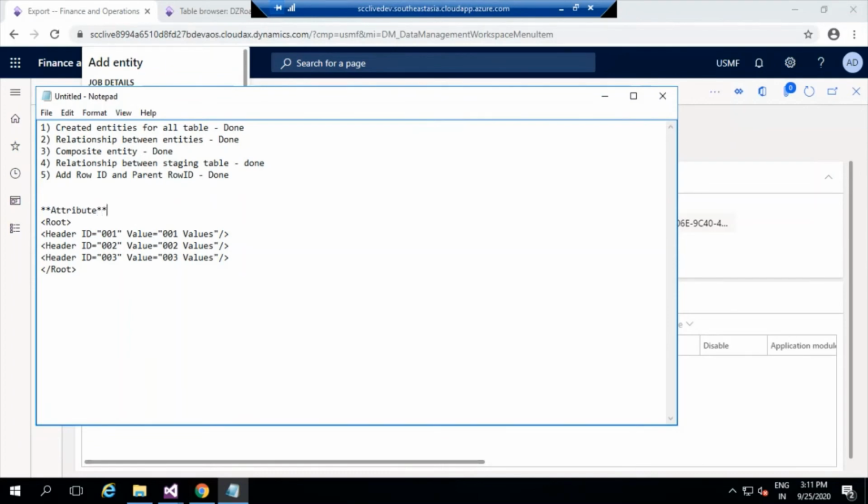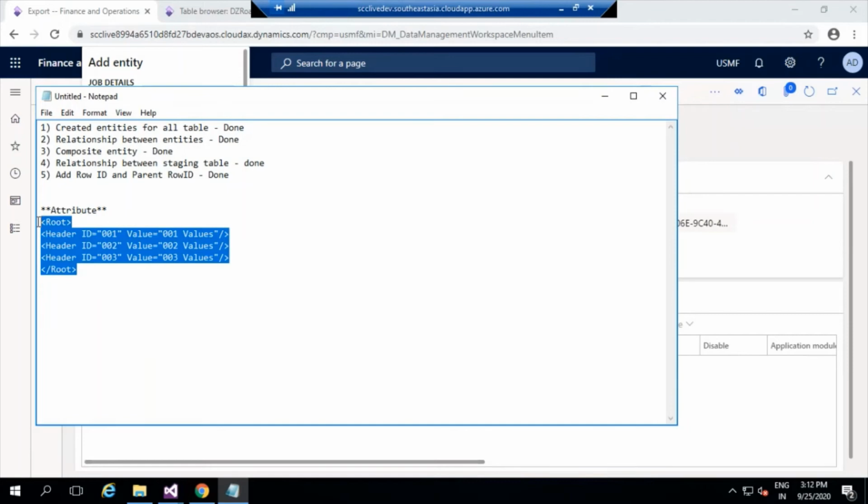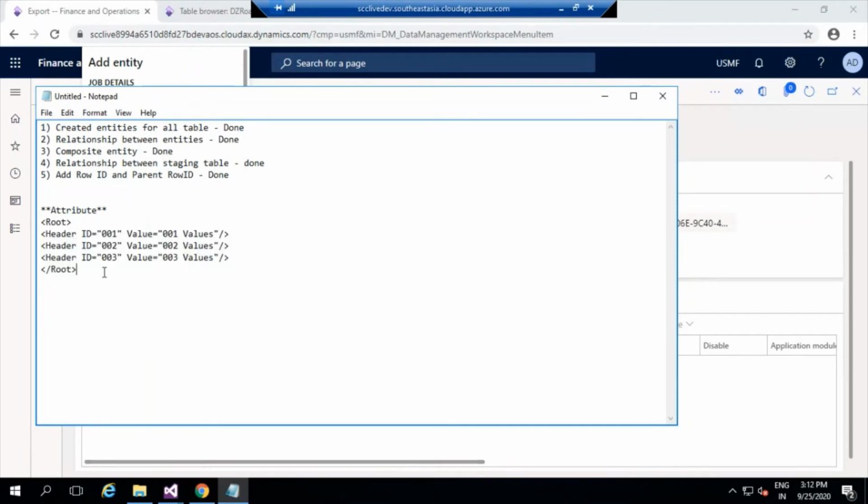Okay, because the element's values are defined as an attribute. But similarly, if you are going to define this as an element, the structure of the XML will be changing. So it will be like header and /header, and now I'll be having one more structure here called ID within the same element. So within this ID I'll be providing the values and I'll say /ID.